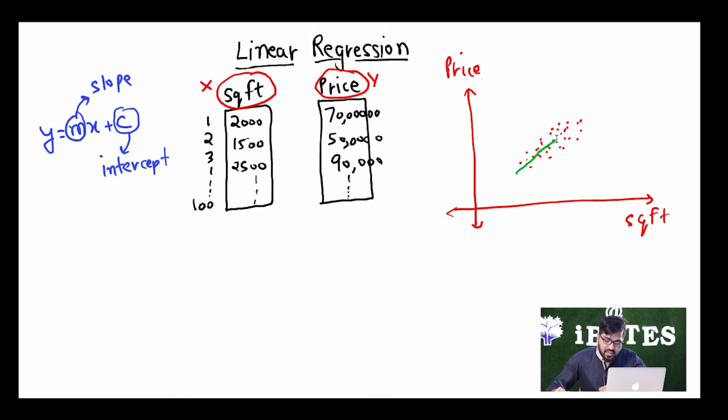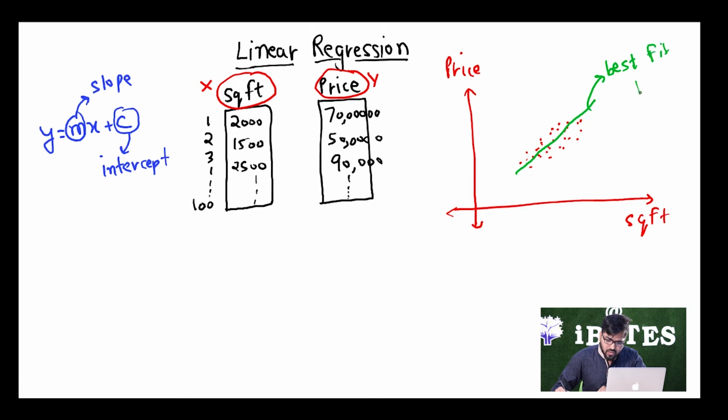A line like this is able to explain my data really well, as almost all of my data is lying very close to the line. So basically linear regression tries to find a line which is able to explain our training data really well, a line which is quite close to the training data. Obviously it cannot cover all the points, but it will try to be as close as possible to most of the points. This line is also known as the best fit line.